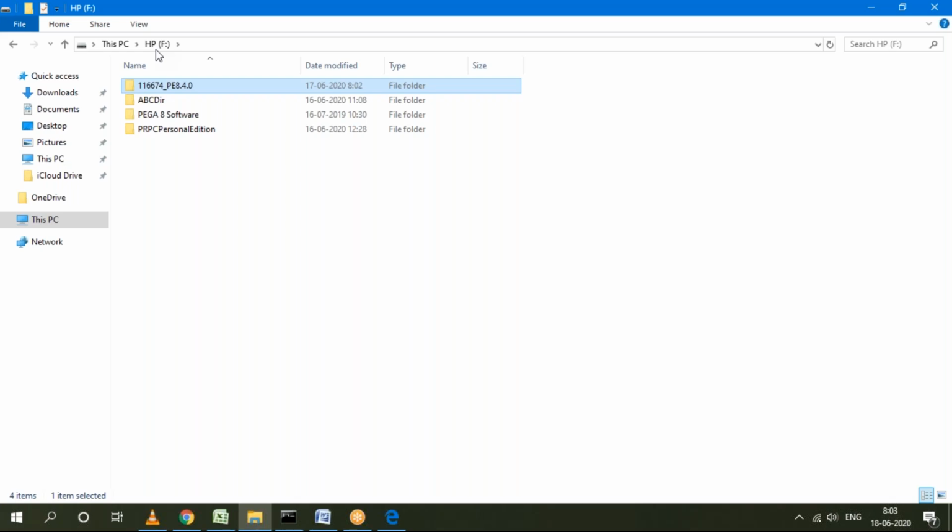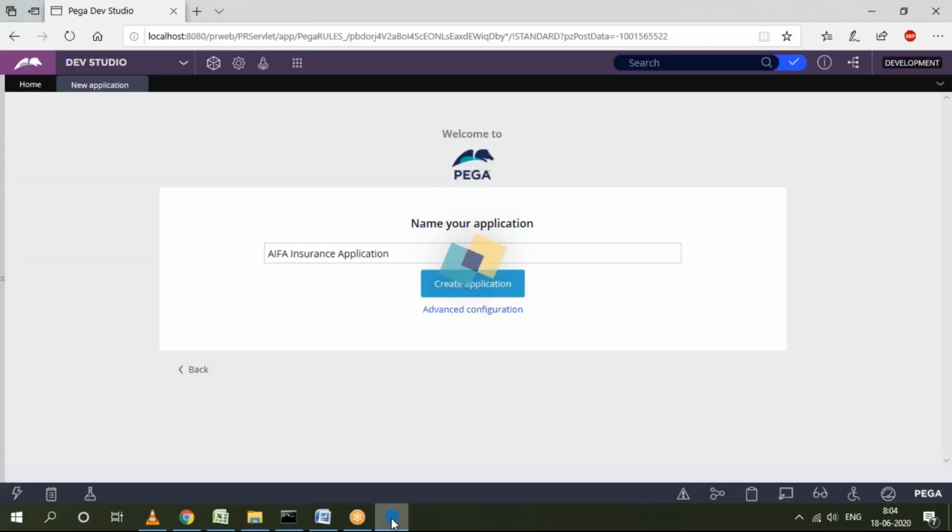There is no hurry, guys. You can complete the installation by the weekend, anytime. Let's see whether the setup is complete or not. Initially, it will be slow, guys. No need to worry. Even in my system, after installing, it will be slow. No need to worry about that.